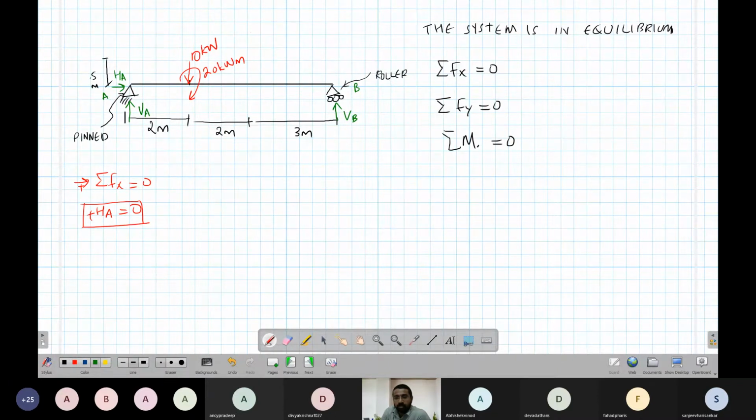Now summation of all the forces in y direction equal to 0. Up we will consider as positive. So we have a VA here, that is plus. We have a minus 10 here, so that's down. Then we have plus VB here, equal to 0. So this means VA plus VB equal to 10. This is another thing that we can use. And the last one is